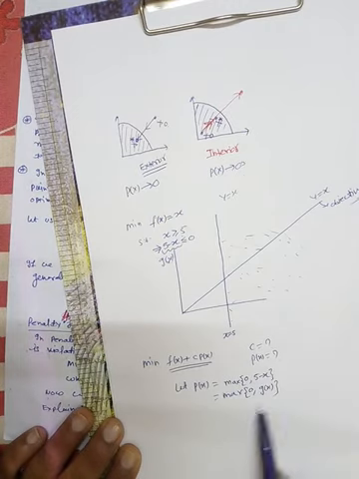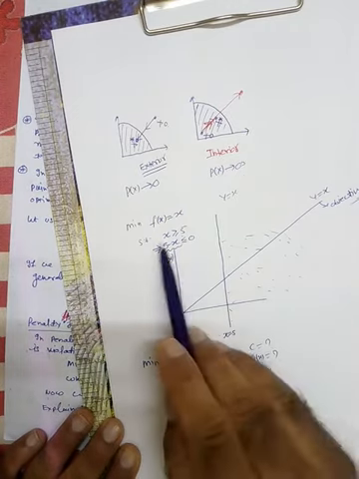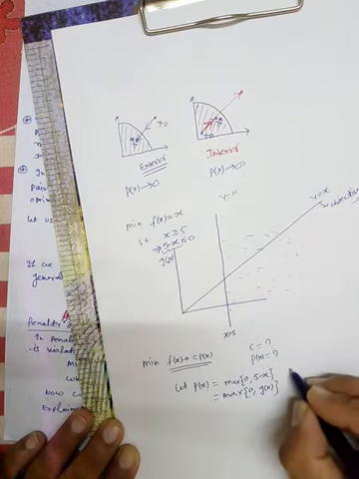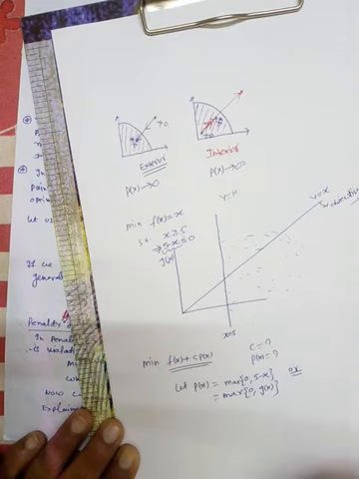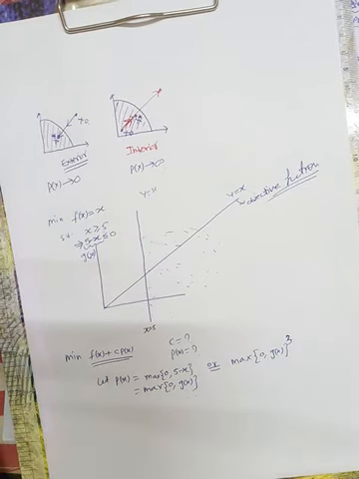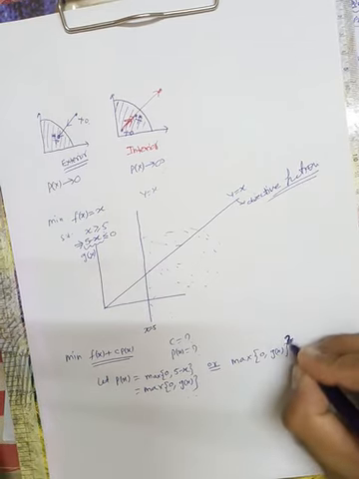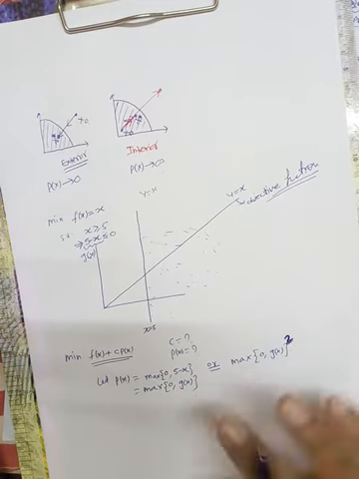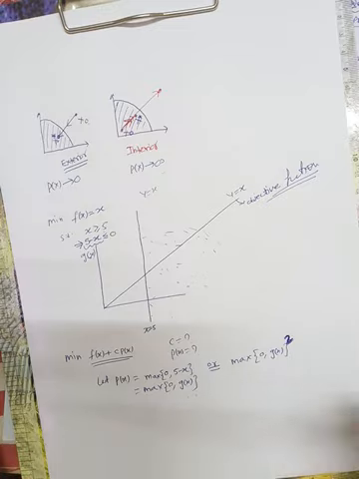Okay, maximum of 0 and g(x). What is g(x)? 5 minus x. So this is one choice. Another choice may be to take the maximum of 0 and g(x) whole square, or cube, or power 4, and so on. So let's say for simplicity, this is the linear choice, and this is the non-linear choice, or maybe any other. These are just examples, not the particular ones.